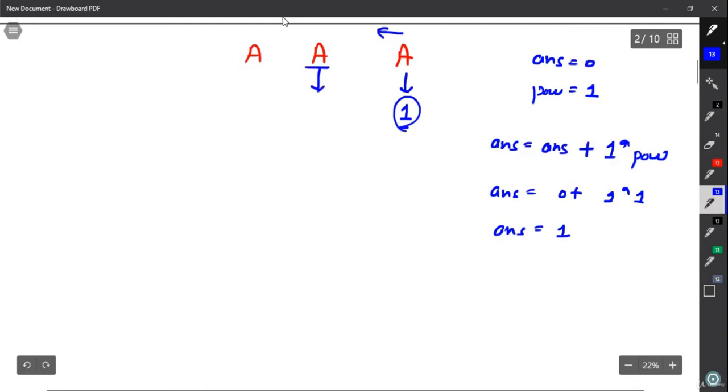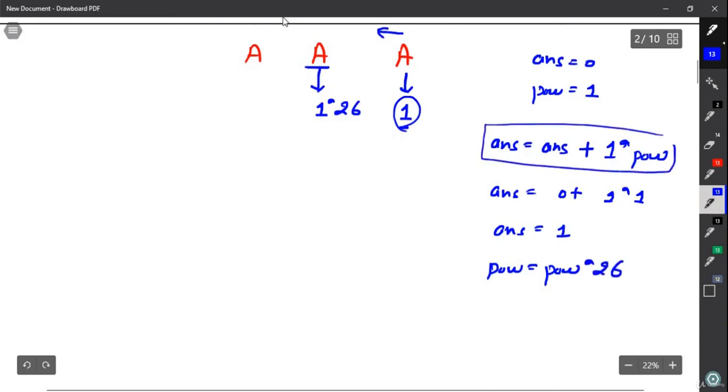The value of A is basically 1, but it will get multiplied by 26. So I will write power equals power multiplied by 26, and now execute this line again. The answer equals the current value of answer, which is 1, plus the value of A, which is 1, times the value of power, which is 26.